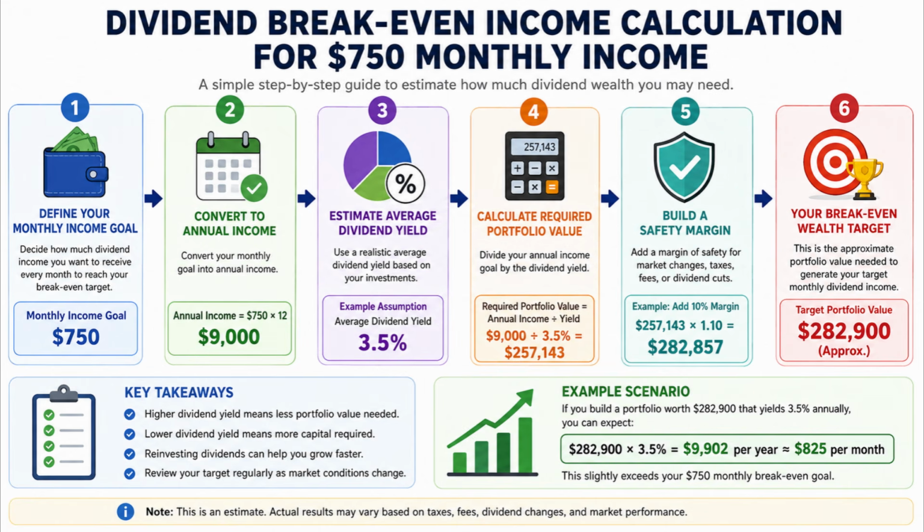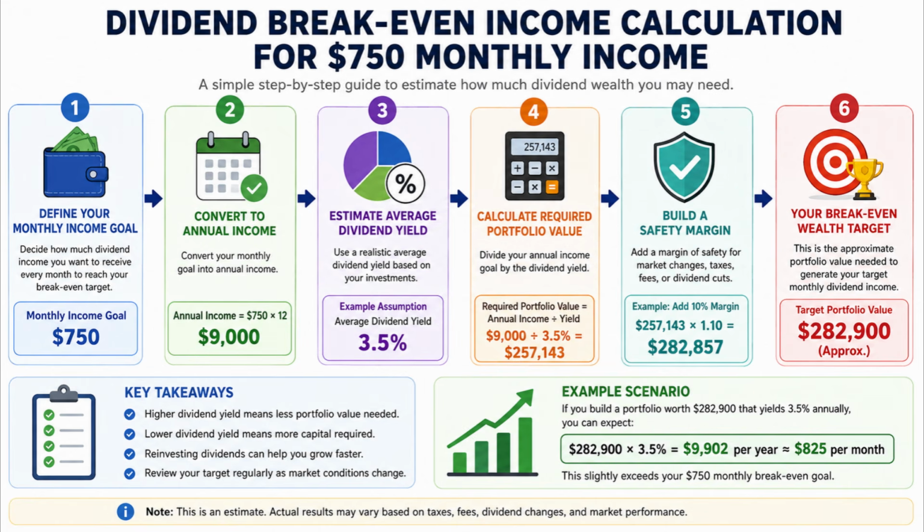Then, we build a safety margin. This step is important because investment income is not always fixed. Markets may change, companies may reduce dividends, and taxes or fees can lower the actual amount received. In this example, a 10% safety margin is added. So, $257,143 multiplied by 1.10 gives approximately $282,857. Therefore, the final break-even wealth target is about